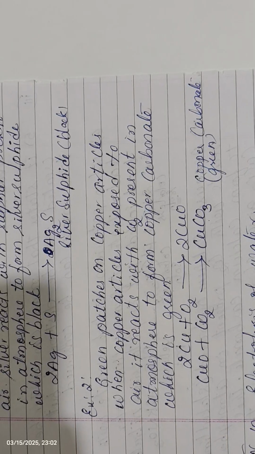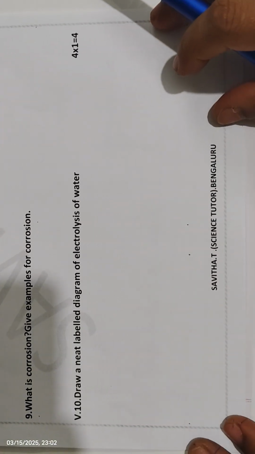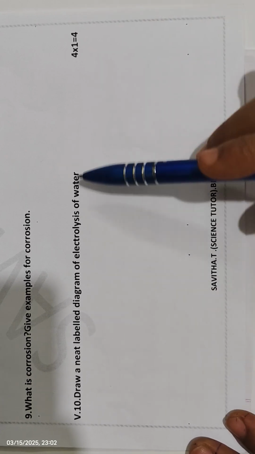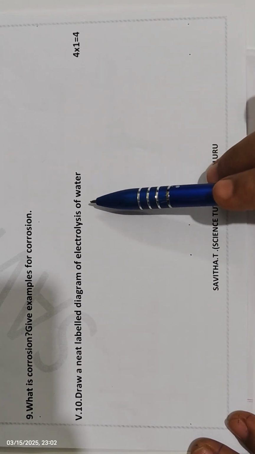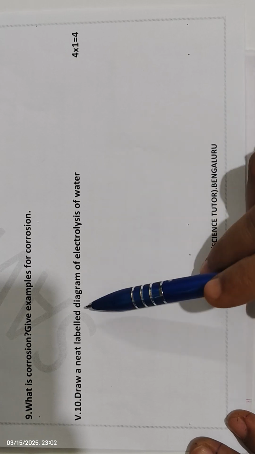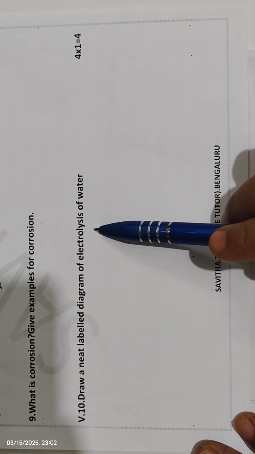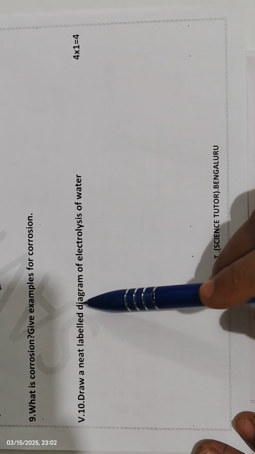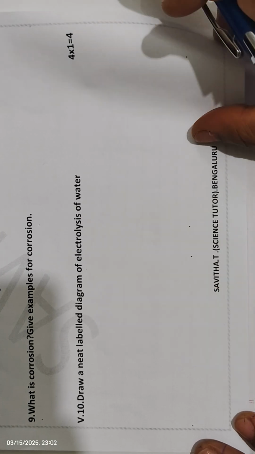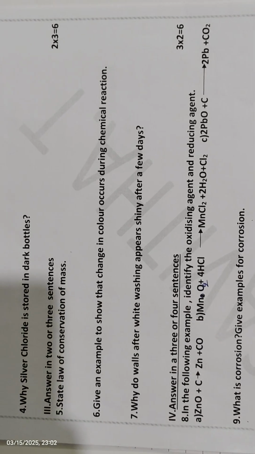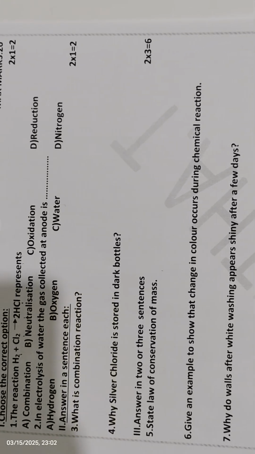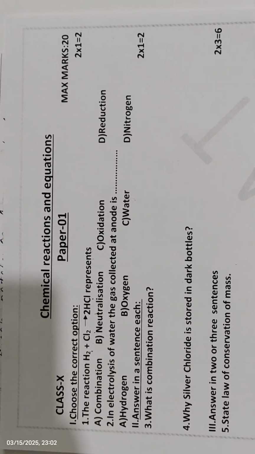So the next question number 10. So we'll see what is question number 10. So question number 10 is draw a neat labeled diagram of electrolysis of water. So you have to draw the diagram of electrolysis of water. It is for 4 marks. A neat labeled diagram. So by this we have successfully answered the unit test paper 1 of chemistry, chemical reactions